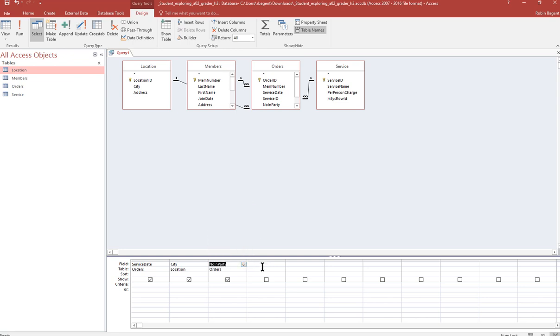number in party, okay. From the services table, I want service date. Did I already have that one? I lost my place. From the services, I want service name. And then first and last name from the members. So first name is first, then last name,